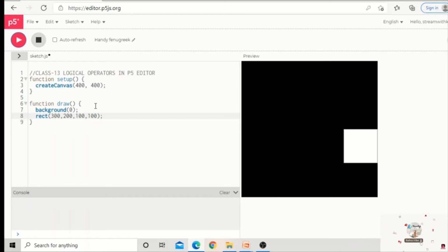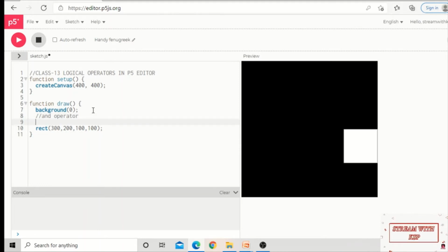Now our task is to write the code with the AND operator. My condition is: whenever the mouse X position is greater than 300, I want to fill it with some color, and whenever the mouse X is less than 400 also, I want to fill it with the same color.